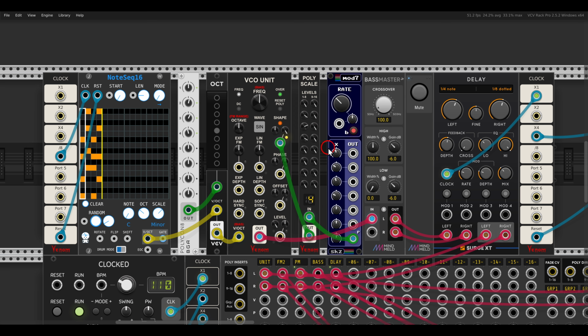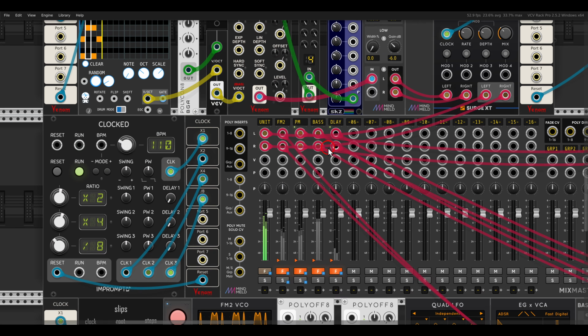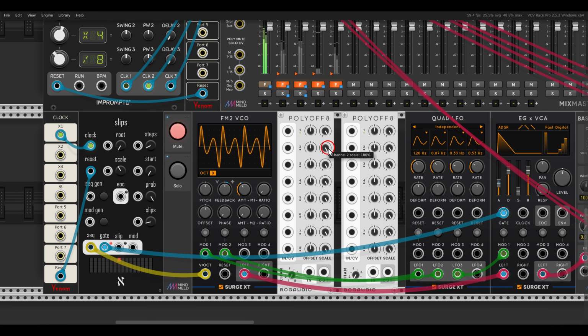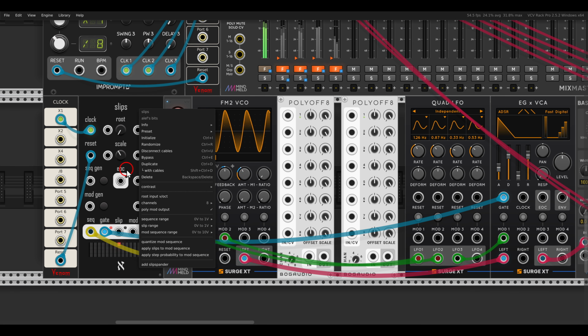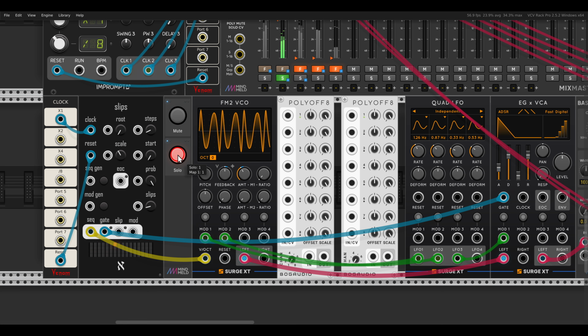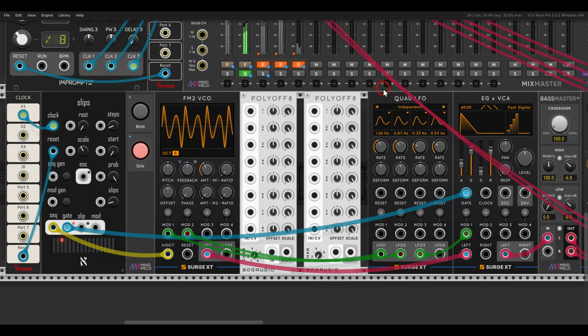We can also scale and offset per channel, right? So here I have 8 channels of polyphony, again with slips, right? Also here in the right-click menu, it's set to 8 channels. So let me just solo this for a second. This is the FM2 VCO. Right, so again, we have polyphony of 8, and already, first of all, I'm using here the quad LFO from